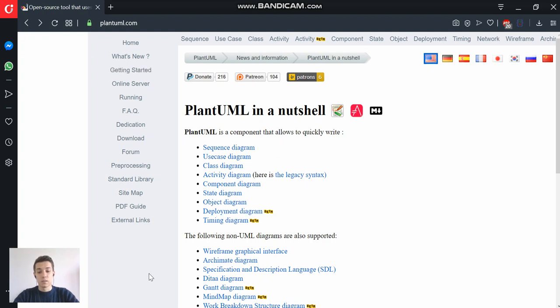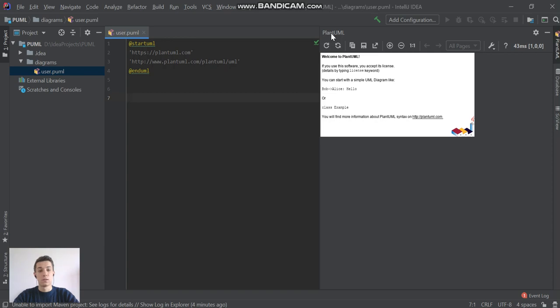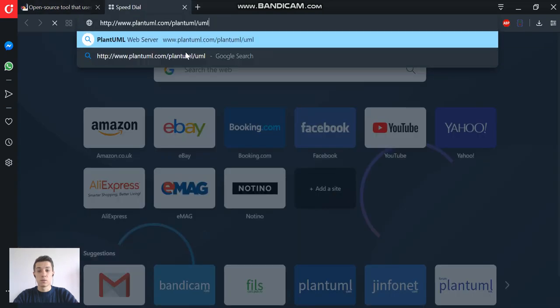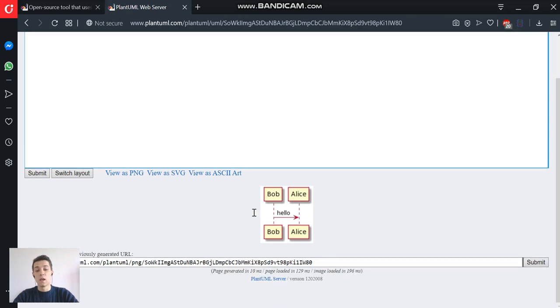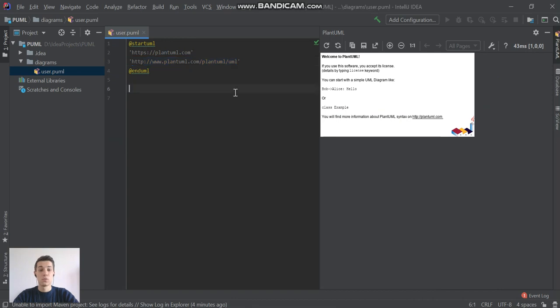In order to facilitate the creation, I have installed a plugin for IDEA, that is the PlantUml plugin, and this enables us to see in real time the modifications that we have made to the diagram. An alternative is to use their generator. You can find it also here. The disadvantage here is that you have to submit every modification only to see the results, and this will affect greatly your productivity,